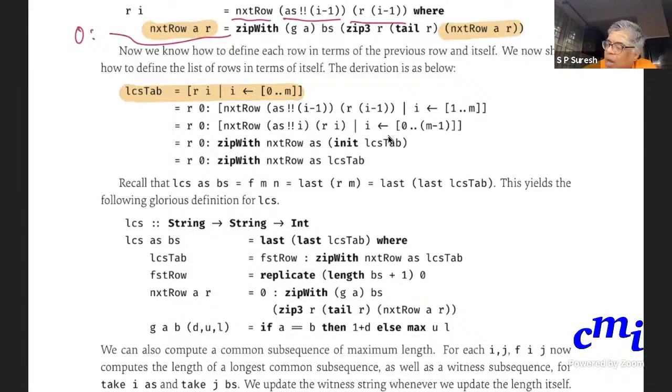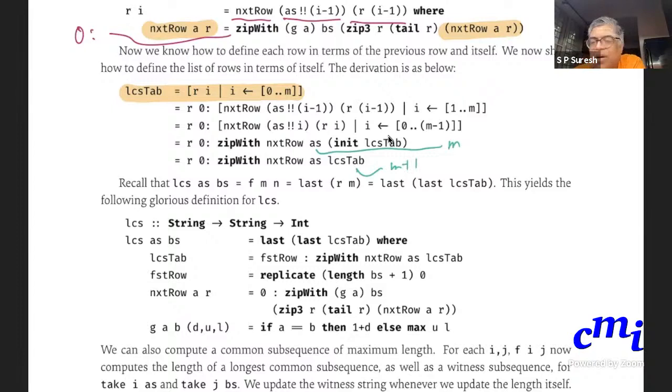Why? Because if you recall, this A is of length m, and this is of length m plus 1. When you zip with something of length m and something of length m plus 1, it will only take the init portion, so you don't need to write init.